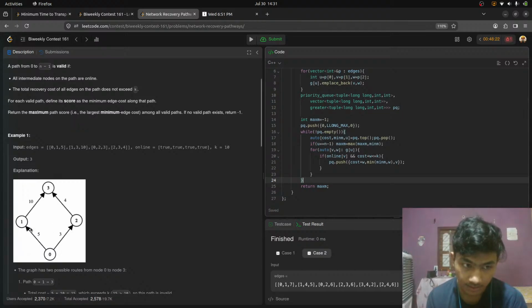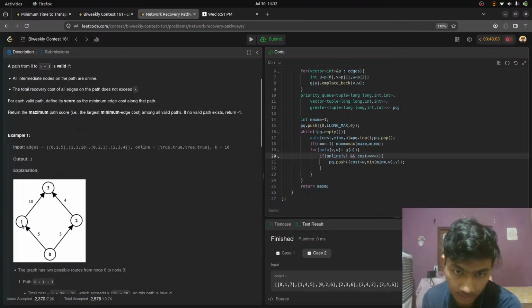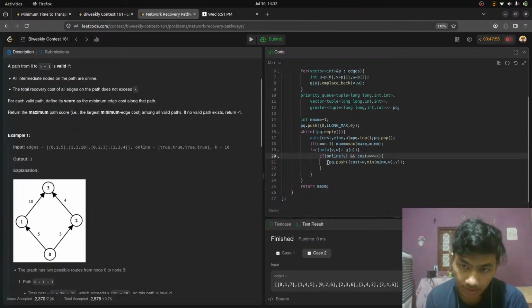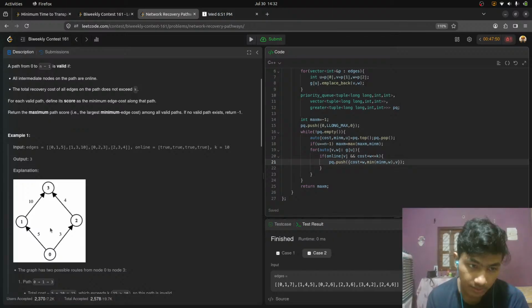So first let's say I'm visiting this node. Is it online? Yes, it is online, and cost plus w is less than or equal to k. Cost was 0, and here cost plus w, which is 5, is actually less than 10. Then yeah, I'll push this guy over. So pq.push cost plus w, cost 0 plus w, which is 5, and minimum is long max, and